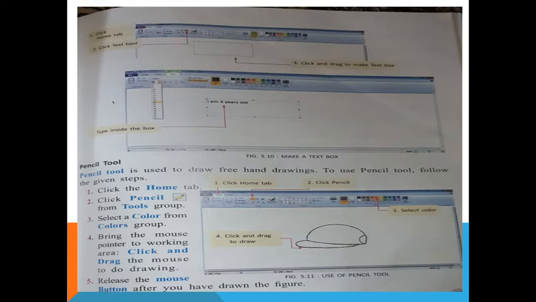Come to this page. See here also, for just a little revision, this is the ribbon. Here is the color box. Here are the lines, here are the shape tools, here are the tools we use, like text and fill with color. Here is the working area where we are drawing.